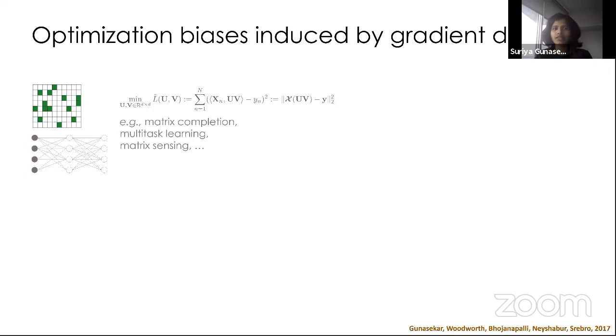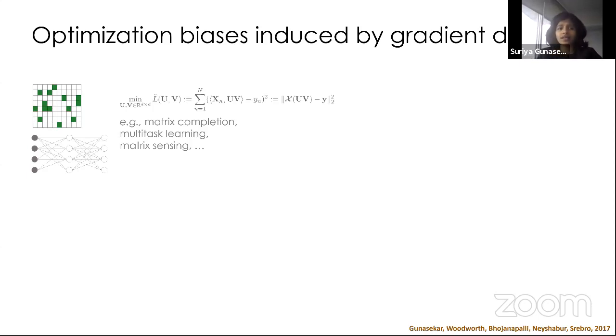We started studying this problem in the context of matrix completion, matrix factorization, or matrix sensing, where you have an underlying ground truth matrix we want to estimate. Taking matrix completion as an example, we observe some of the entries of the matrix. In a more general setting, you take some linear combination of all the entries of the matrix. So Xn here denotes some linear measurement matrix, and your underlying matrix I'm representing as U times B, where U and B are typically lower dimensional matrices. So U times B is a full dimensional matrix, we observe some of its entries, and we want to do a minimization over U times B. Typically we write it in this factorized formulation to ensure that we achieve something called a low rank constraint, which is assumed or hypothesized to be useful for many of these matrix completion tasks,